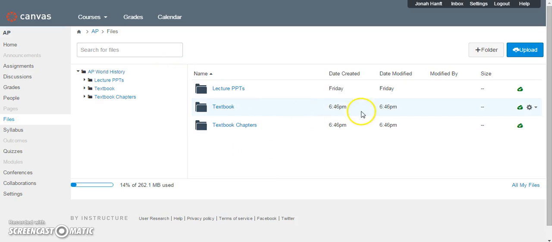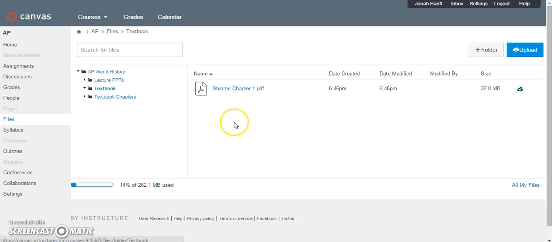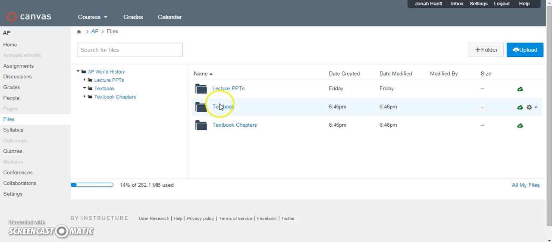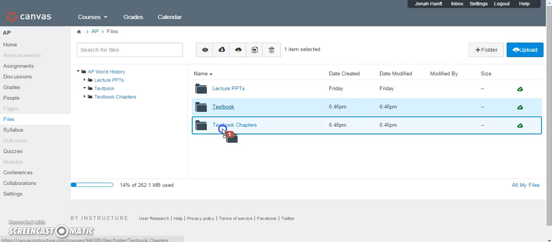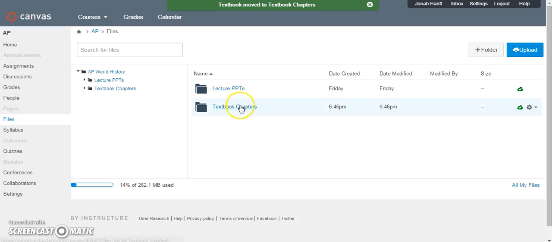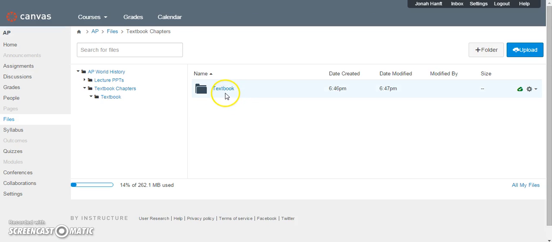And here you go. So here's the textbook right here. That's Stearns Chapter 1. So what I'm going to do is I'm going to take this and drop it in there. And you have the textbook file right in there. So anytime you go to add another chapter, you'll just drop it into that folder. Okay, now that we've created that,